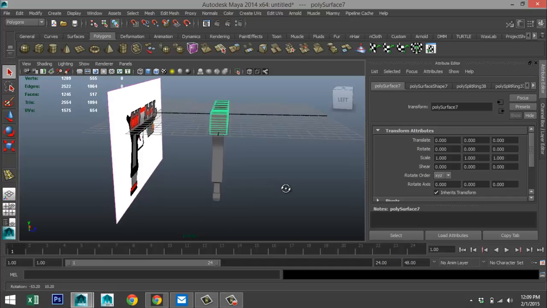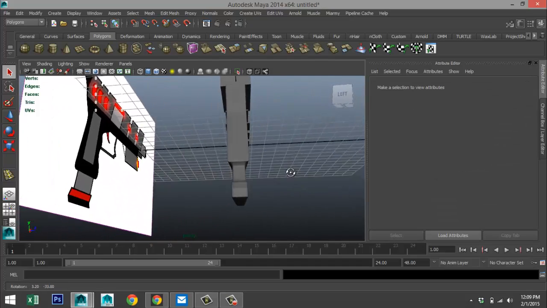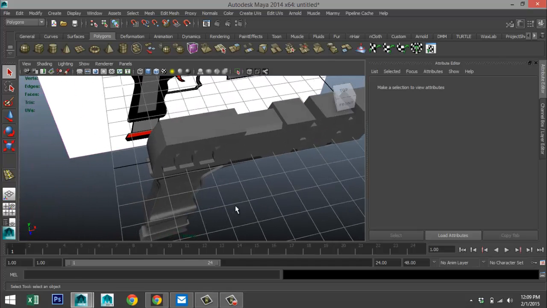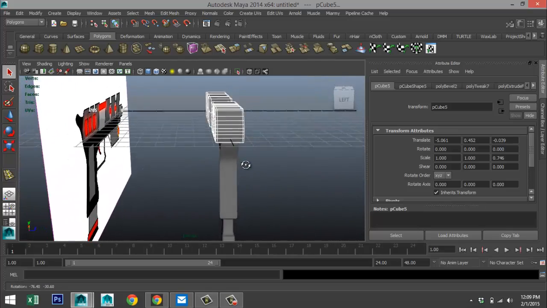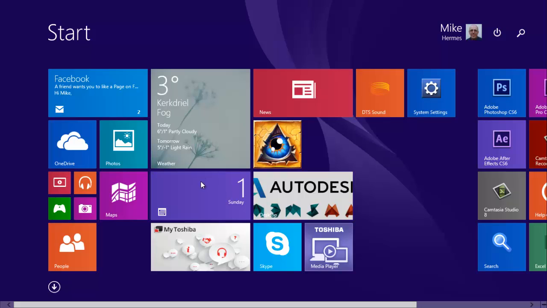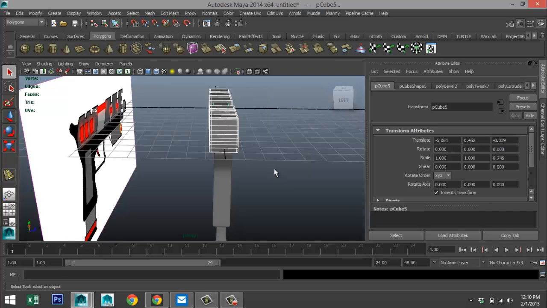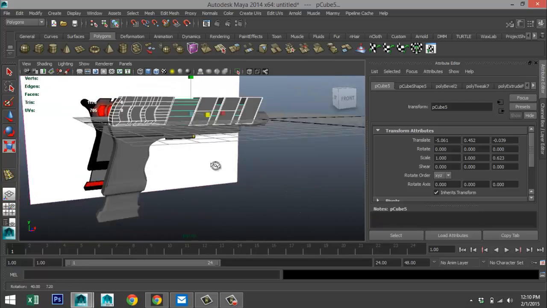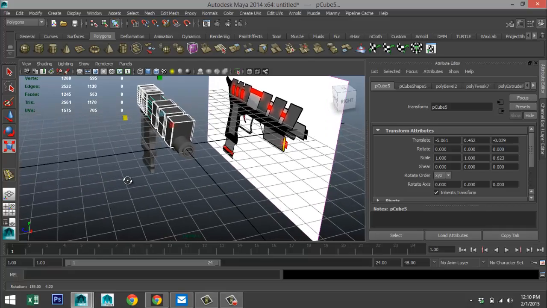Actually, it's not that bad. It's just a bit thin. What we'll do is we'll take this section here and we're just going to bring that in a bit. I'm so sorry, guys. I'm working off my laptop and the keys are just slightly different. Yeah, that looks better. Okay.